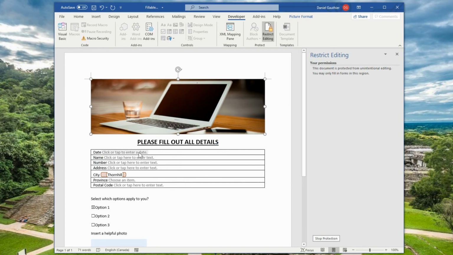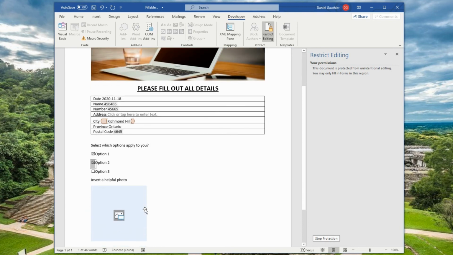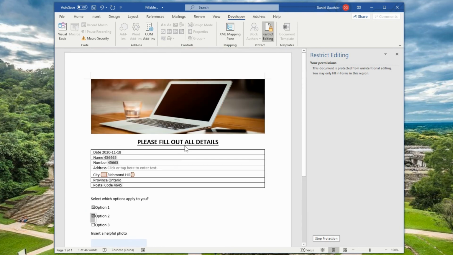There's nothing I can do with that, but I am able to make use of the form here and type in stuff. I've got my drop down menu, and that all works great here. We just can't edit anything else.